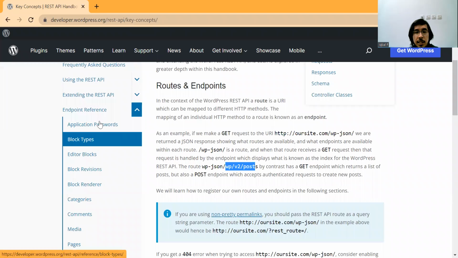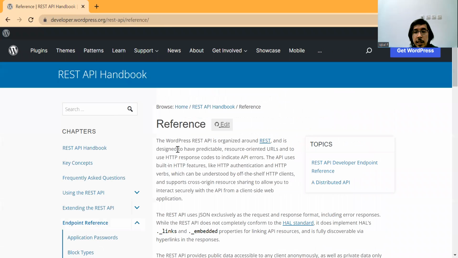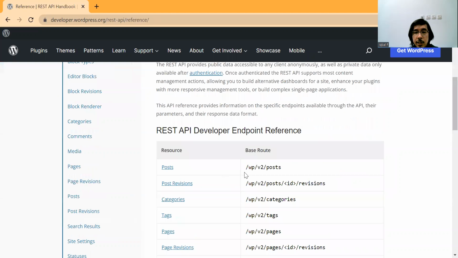For example, you can find the endpoint reference here when you want to access posts, so you can continue with posts. Let me show you how to use it in Postman.